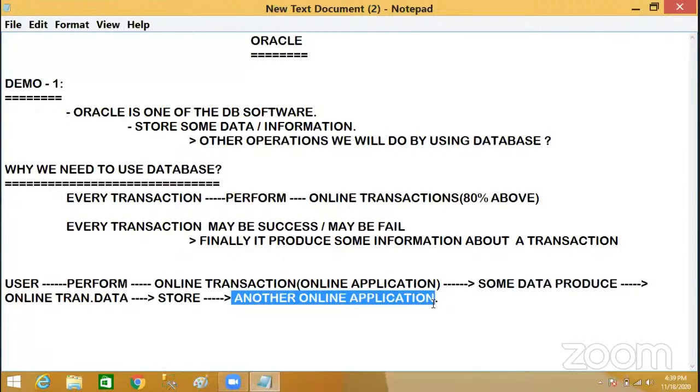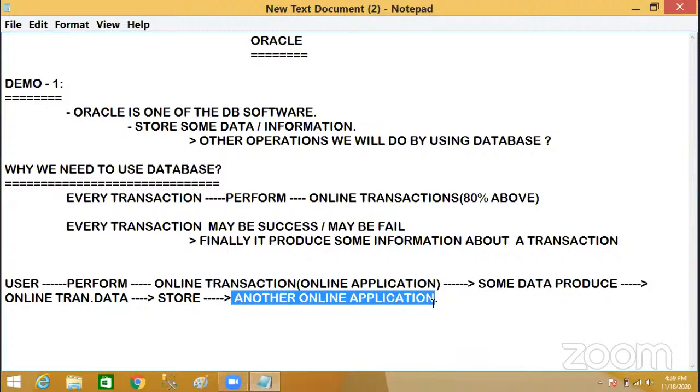So what you understand here is that there are two types of online applications we are using in this case. One online application is for sending your request or doing your operations. Another online application is for storing, processing, and securing your information.